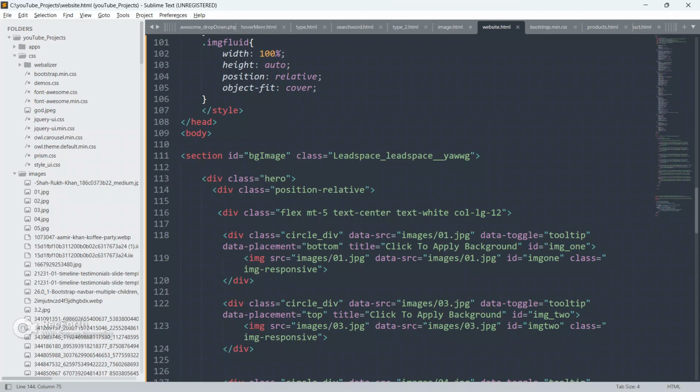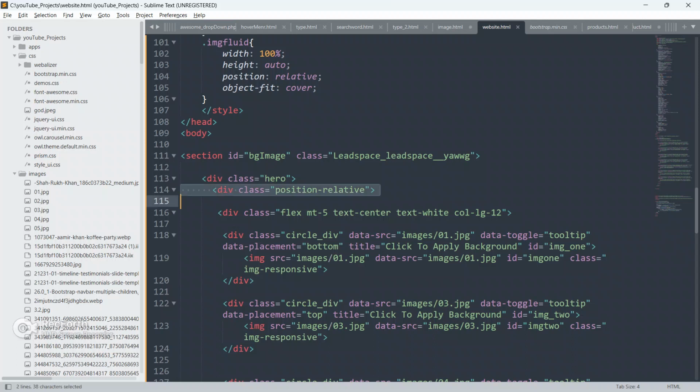So just go up and we have to do one more thing, guys. We have to paste some extra inline CSS, okay.